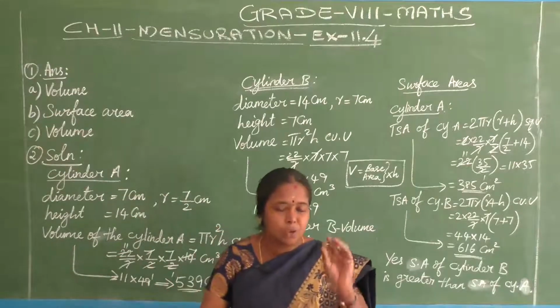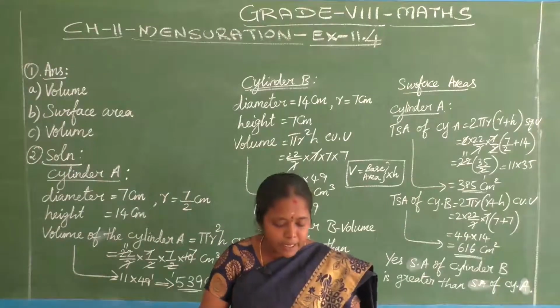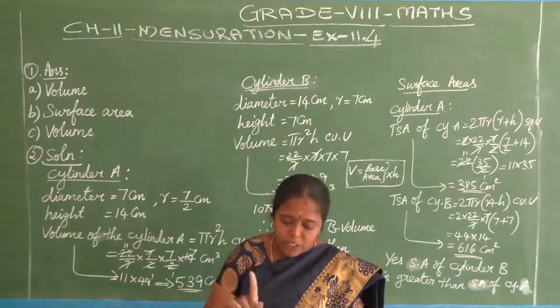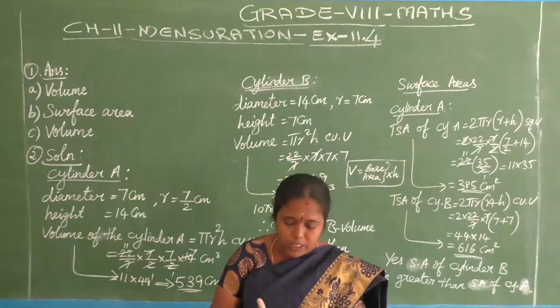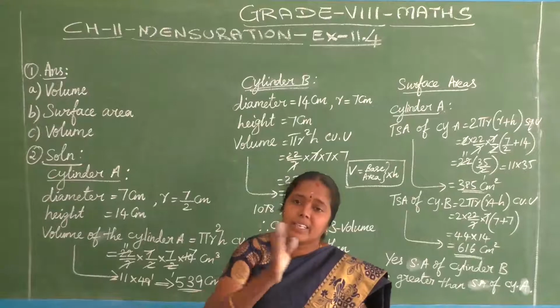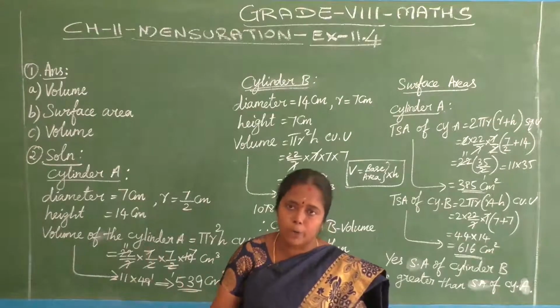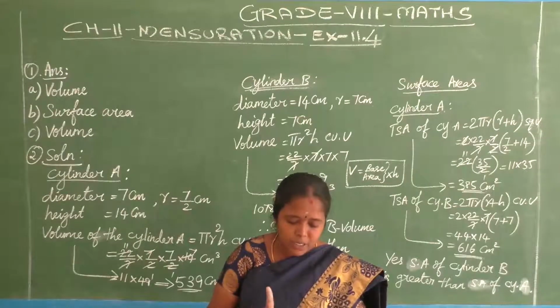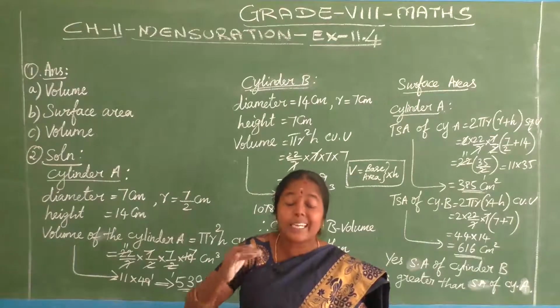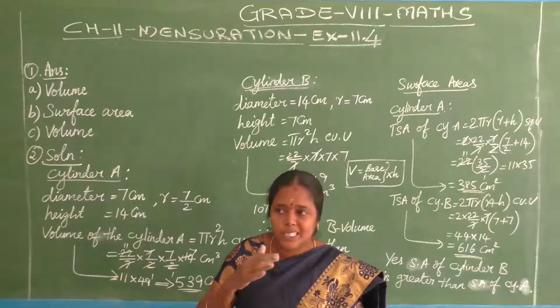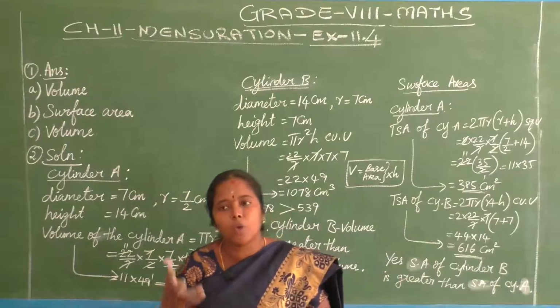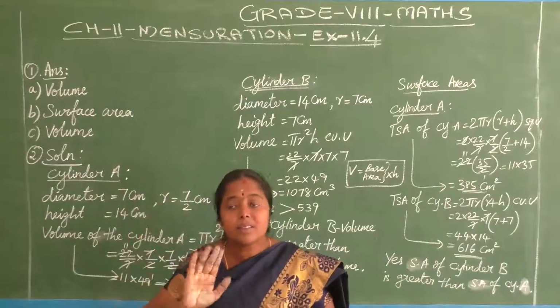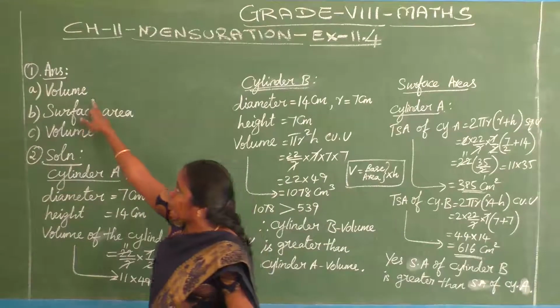Understood, children? Actually, what is given, what did I do? Given a cylindrical tank, in which situation will you find surface area or volume? This is the question. There are 3 situations mentioned. First one, to find how much it can hold, how many liters of water it can be filled with. So there we will find volume.